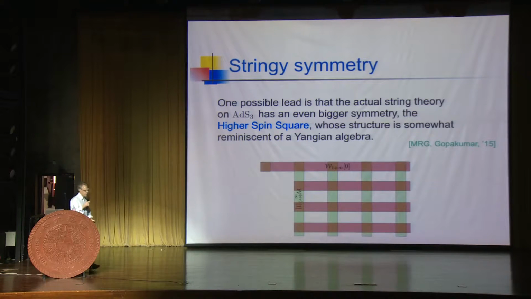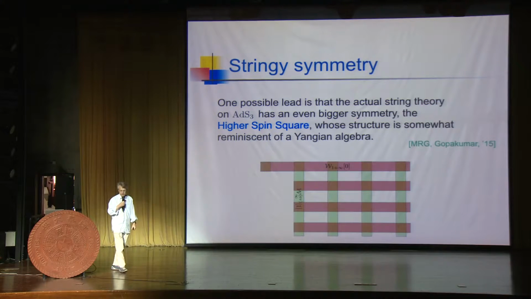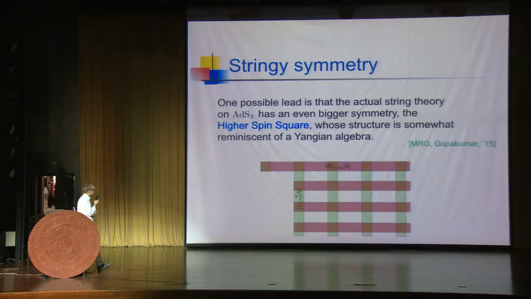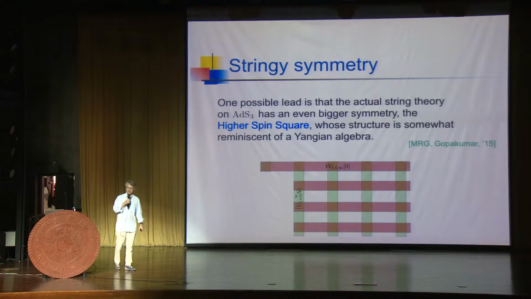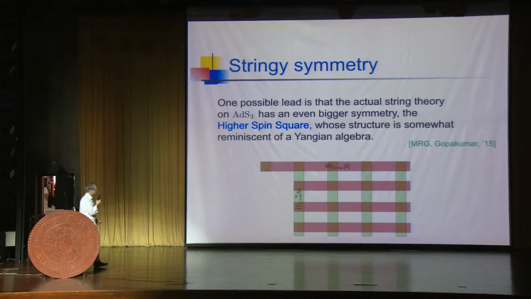Now, one possible lead about where this Yangian symmetry may come from is that the actual string theory on AdS3 has an even bigger symmetry than just this W infinity algebra. And this is what Rajesh and I coined the higher spin square. So this is